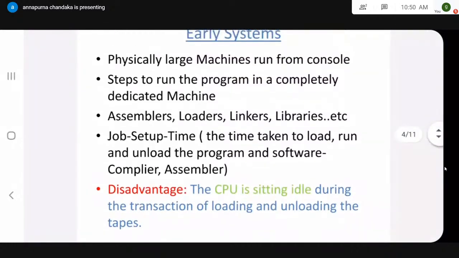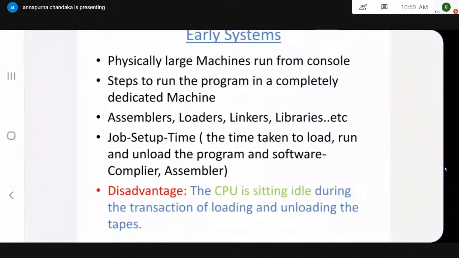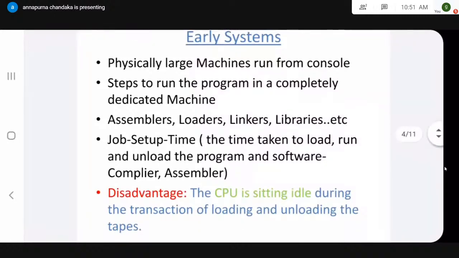That's it. So in earlier days, whenever the user was trying to execute a particular program, what were the various steps taken by the user? The first very important one is that the user first had to write the entire program in machine language on a piece of paper. After that, the user was responsible for punching that entire program on punched cards.